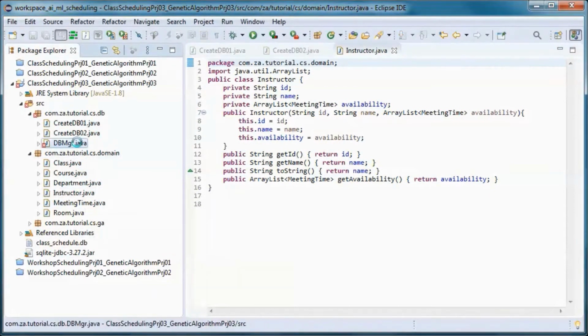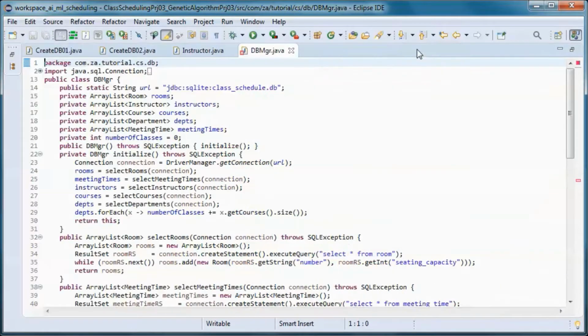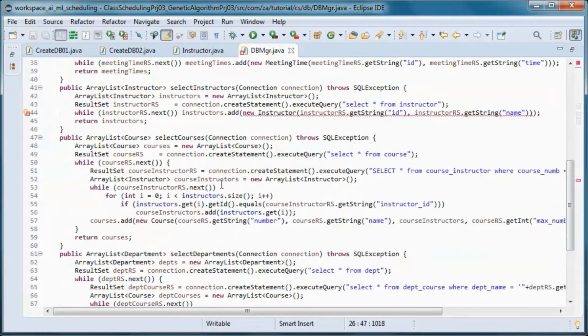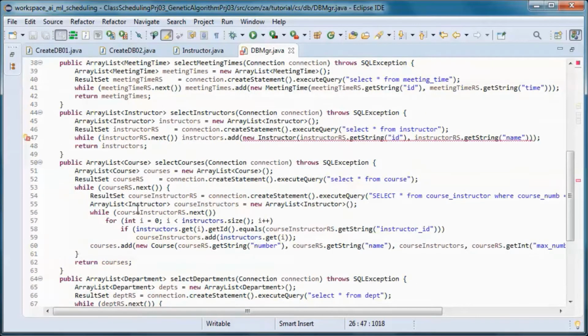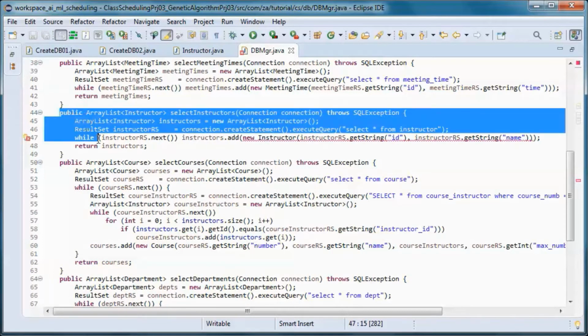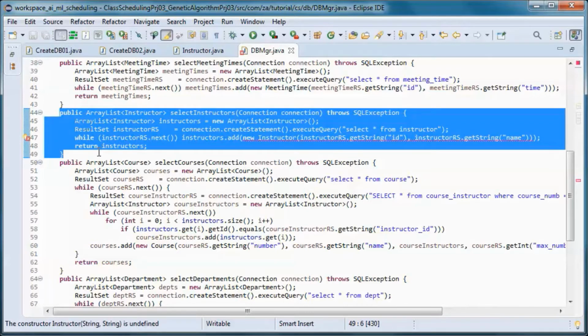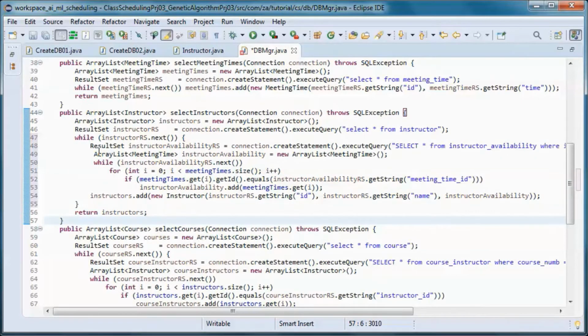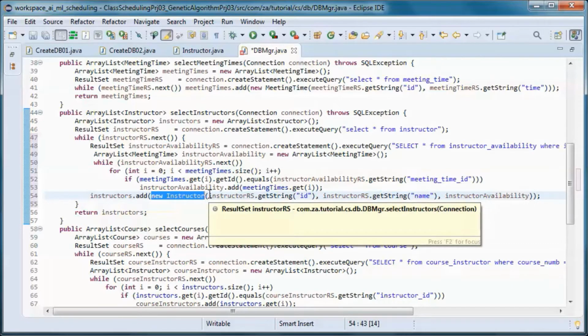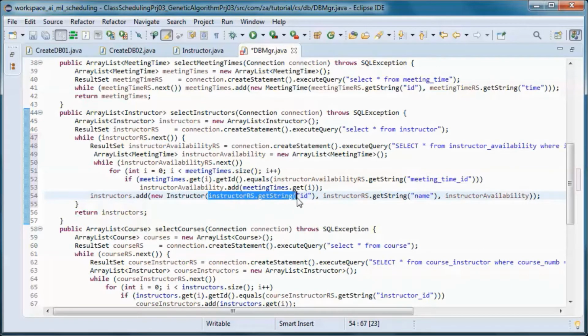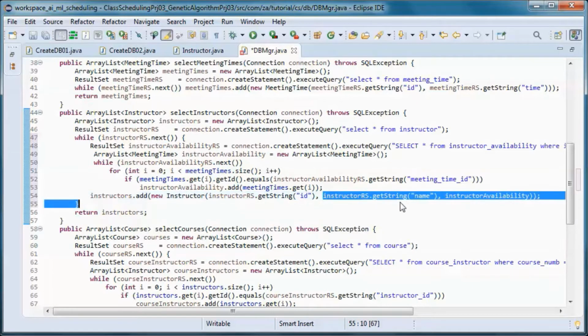And now we need to fix this. Since instructor takes in 3 values now, the ID and the name and the availability.